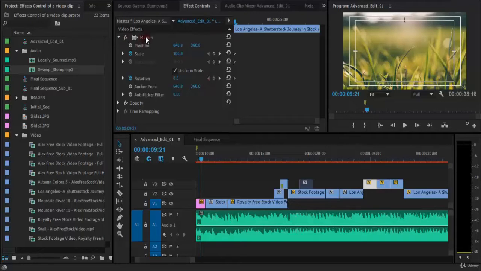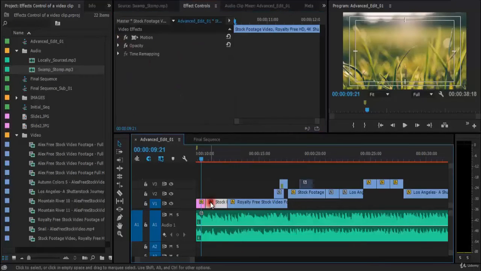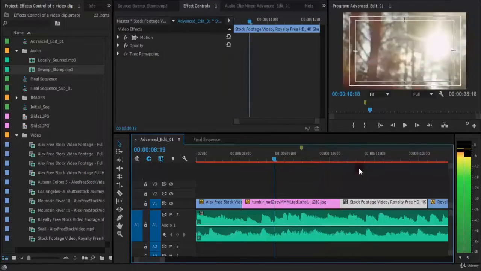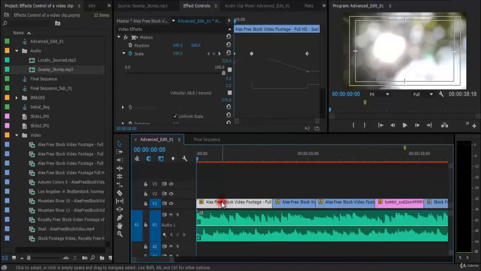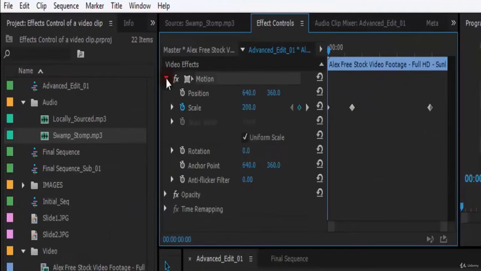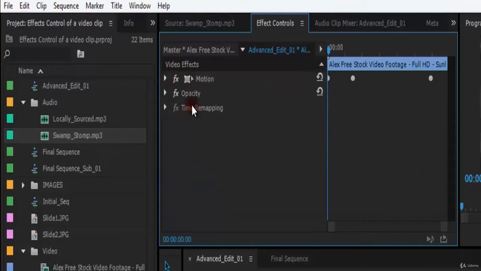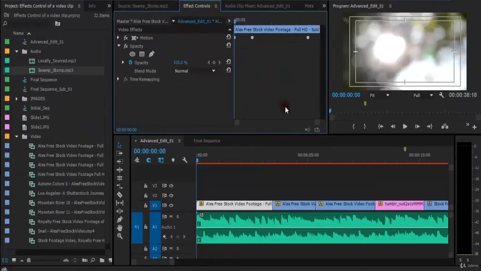As we have seen the different attributes such as motion, position, scale, rotation, anchor point, and anti-flicker filter of a video clip, now we would come to the next attribute or the effects control of a video. So let us come to our first video clip here, and I would just collapse all these attributes, and the next is opacity. So I click here, and